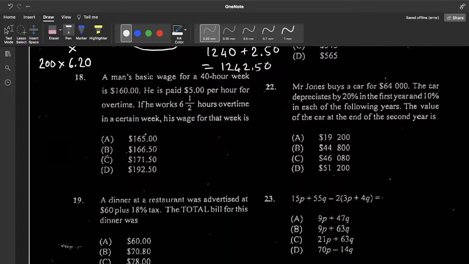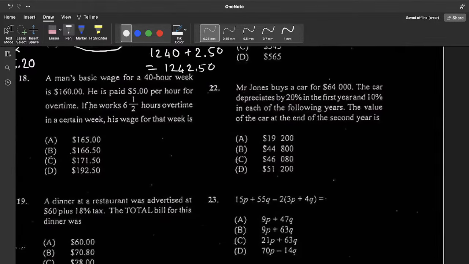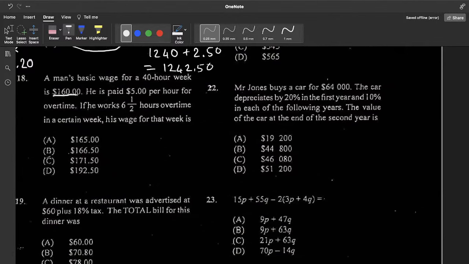Alright, so we're looking at question 18 now. It says a man's basic wage for a 40-hour week is $160. He is getting paid $160 for 40-hour weeks. He is paid $5 per hour for overtime. Okay. If he works 6.5 hours overtime in a certain week, his wage for that week is, so we already know